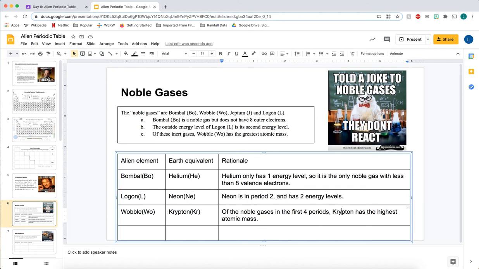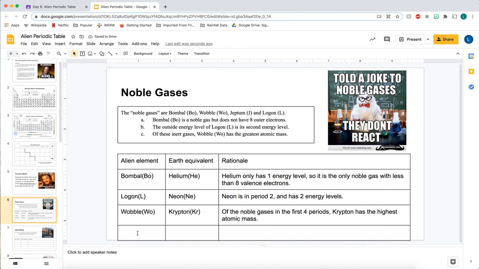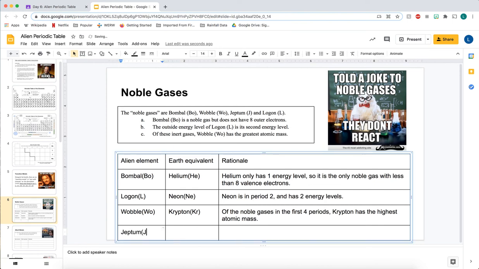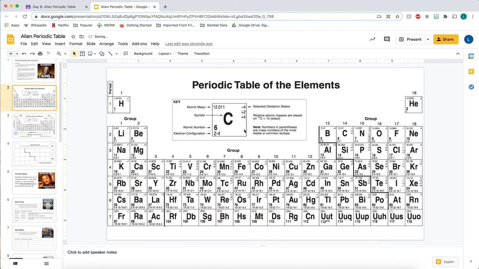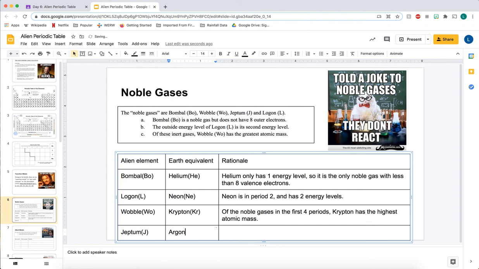That's pretty straightforward. You notice there's only 3 clues, but there are 4 noble gases. Well, if I look at the table where I've placed them, there's only one place that gypsum can go, and that's going to have to be in period 3. So what is in period 3? Look to my reference table. Period 3 is argon. So I'm going to fill in argon, Ar, reasoning,